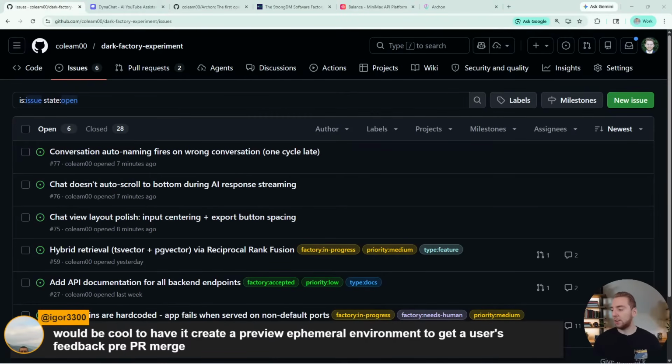"Would be cool to have it create a preview ephemeral environment to get a user's feedback pre-PR merge." Yeah, that is a cool idea. I would say that goes against the goal of the Dark Factory, though. Because, let me be transparent with you, the Dark Factory is not the way to have the most reliable AI coding setup.